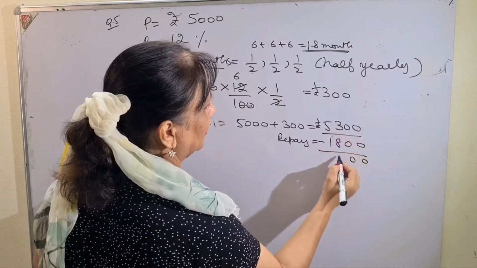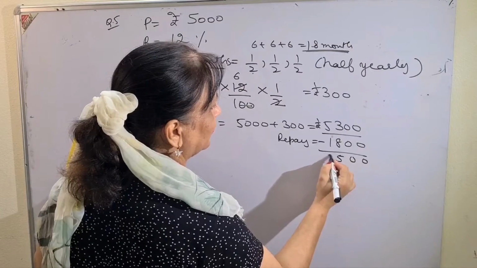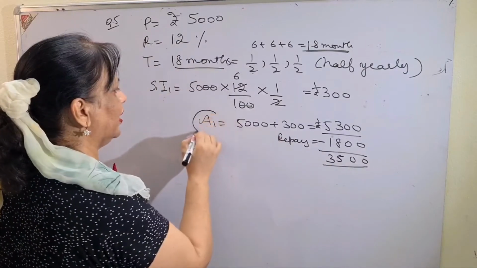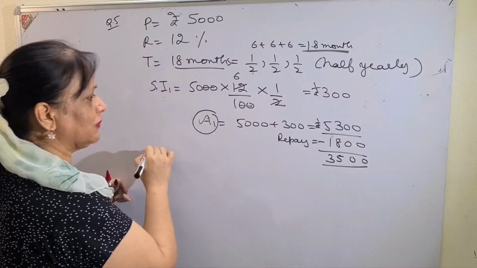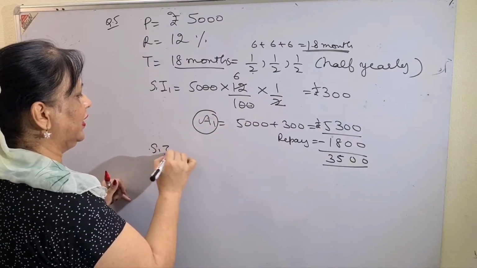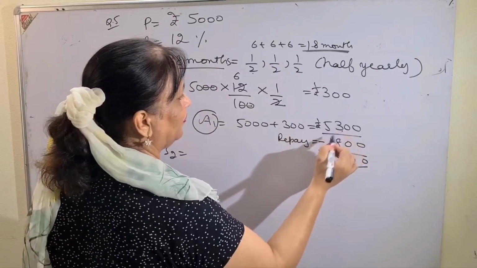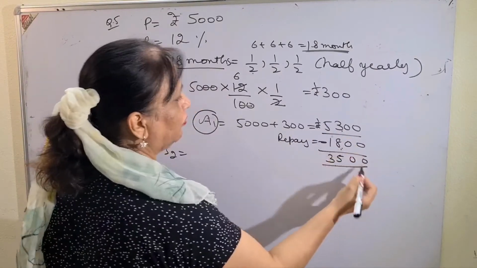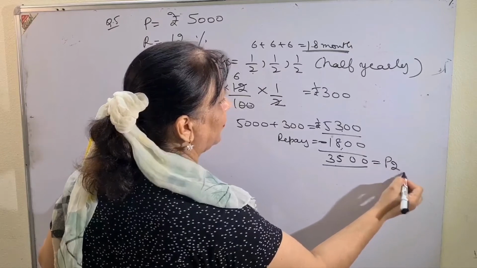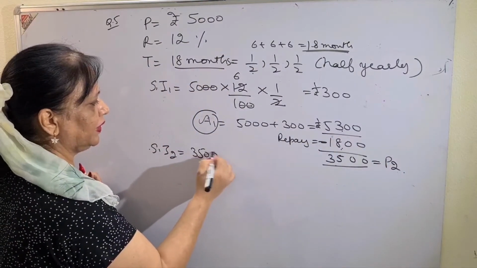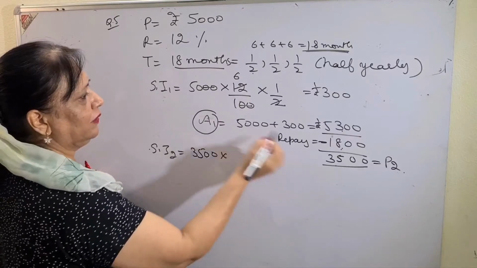0, 0, 13 minus 8, 5, 4 minus 1, 3. It means of his final amount, which has to become the principal for the next period, he has already paid 1,800. So from the amount, first you will subtract 1,800. What is left will be your principal for the next period. This is the language. 3,500 will be your principal.